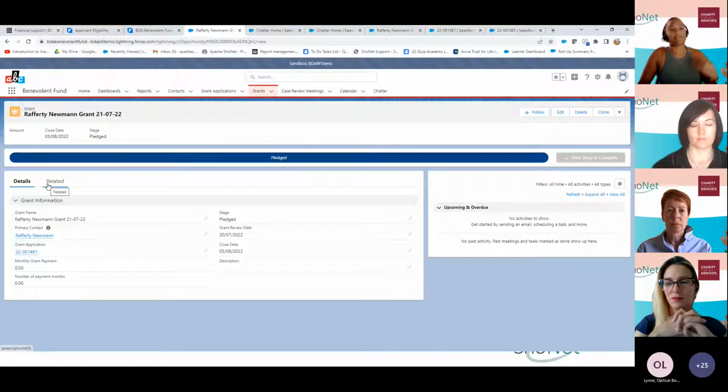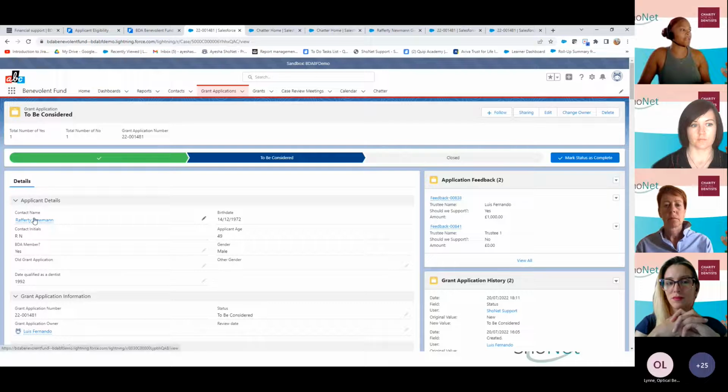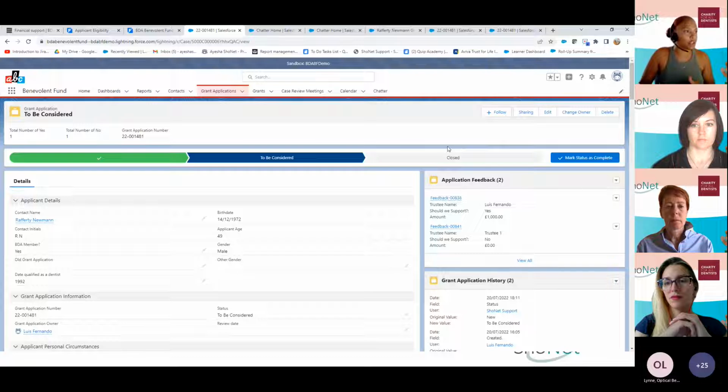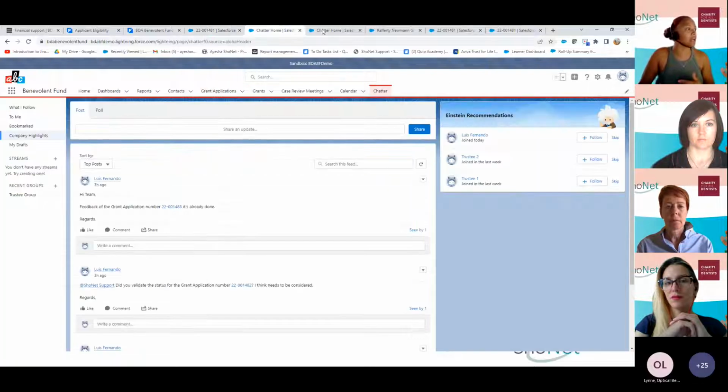Laura, I think you already mentioned that if there's been previous grants paid out already, that would all be back on the contact, so it would have that detail there. So it's a very, very easy to use process, and this is all the information that Laura would need to make that decision. I just want to quickly show you, I do apologize,